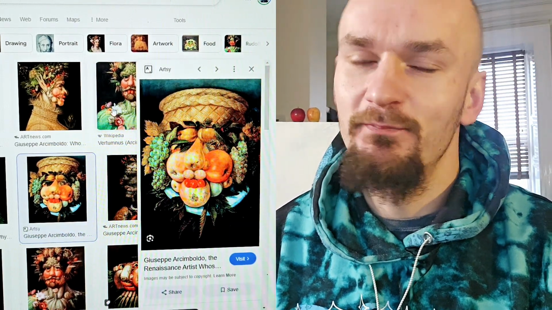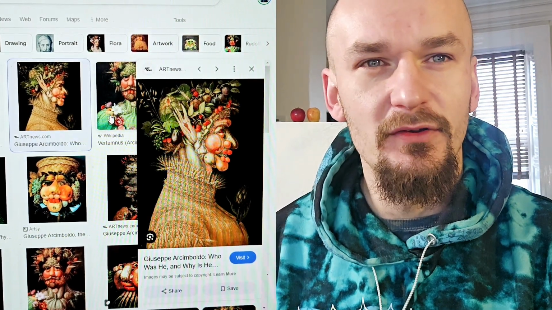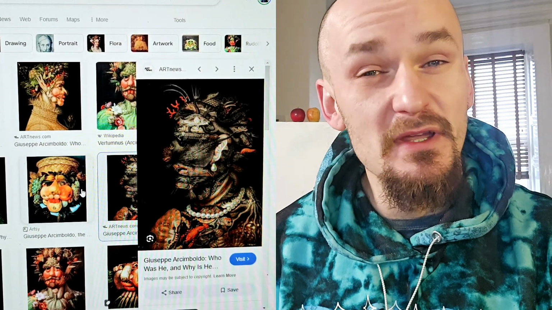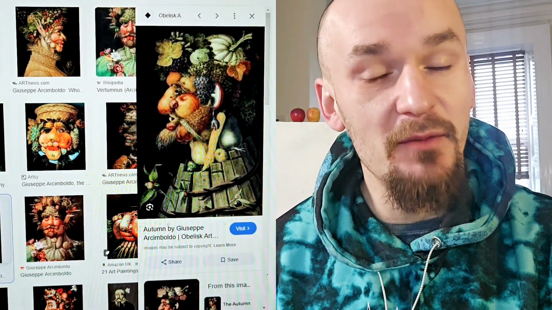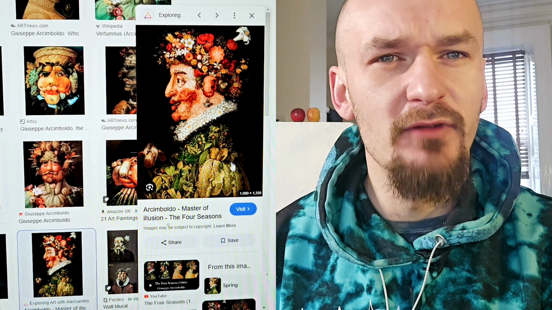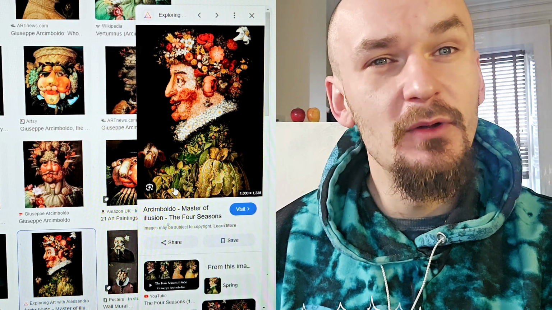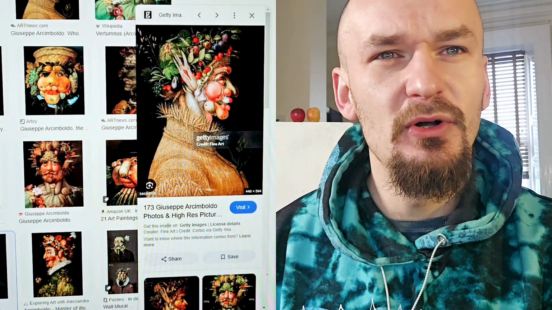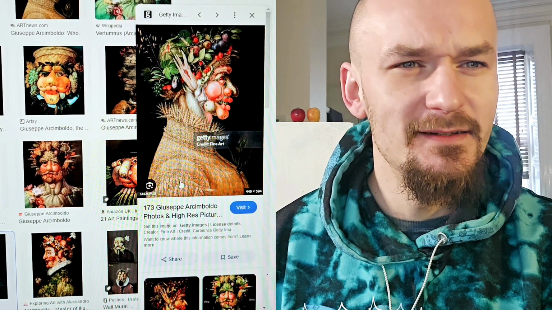And you know, how does this make you feel? What do you think about this sort of work? You know, is it a bit of a mockery on these people? What's the meaning behind it? Is it just exploring different ways of creating images with everyday objects or inanimate objects like fruits or flowers? This piece here is made up of things you would find in a beautiful garden, for example. You know, there's flowers and botanical leaves and all sorts of different things. This one is like vegetables on the face and fruits, with some sort of farmland wheat for his coat.